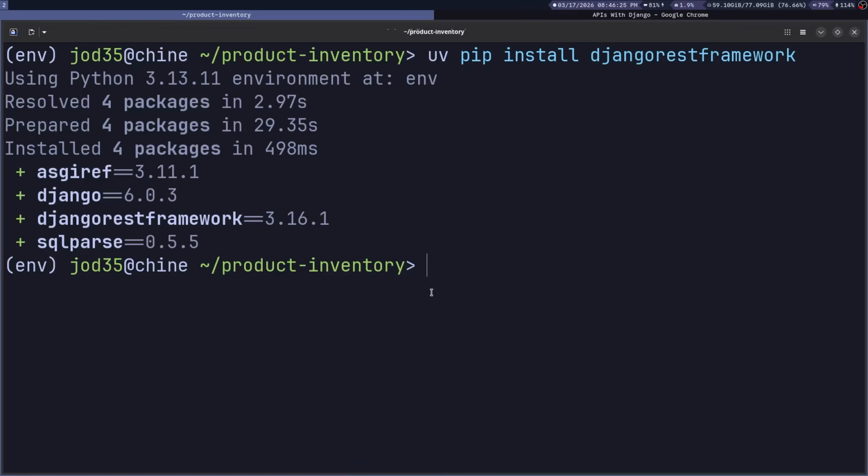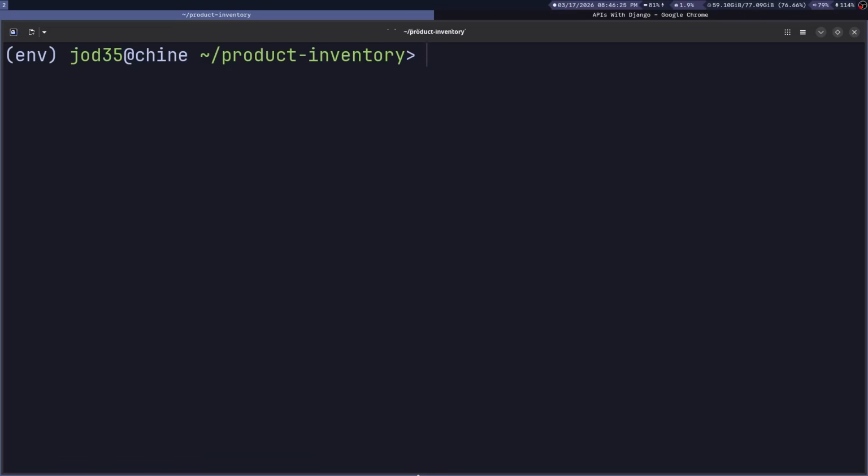One of the things you can see here is that Django is also installed, so you don't have to run a separate command to install Django. So now we have Django and Django REST framework installed. Let us go ahead and pip freeze everything to our requirements.txt. I'll use the command pip freeze, and then I want to pipe, or rather redirect, the output of this command to a file called requirements.txt,